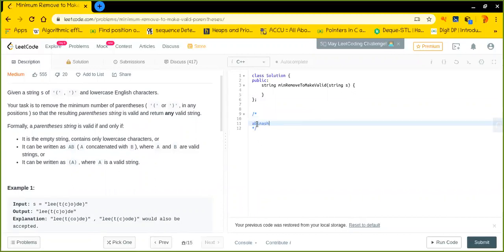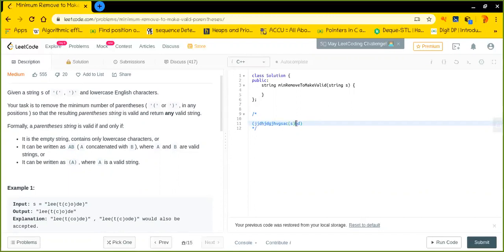This particular string is also a valid parenthesis string because it does not contain any parenthesis. The third condition is that we can write any string in between the valid parenthesis to make sure that it is a valid one.